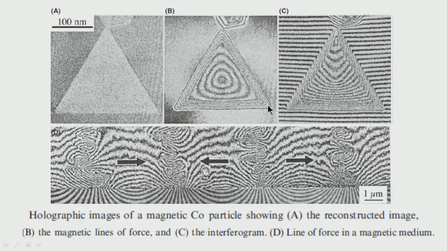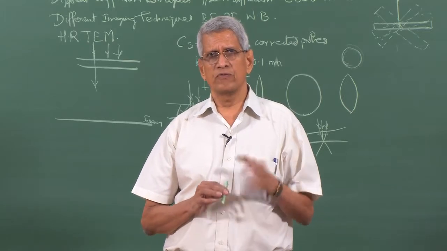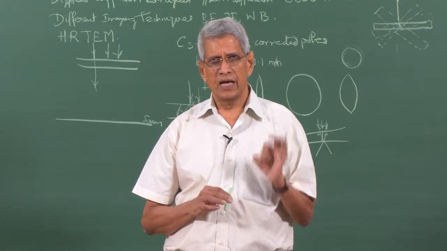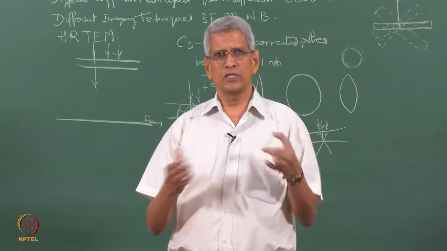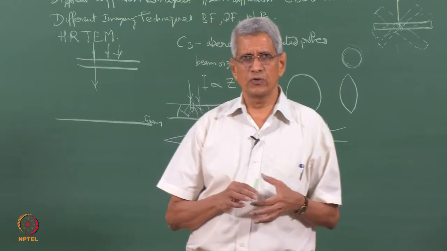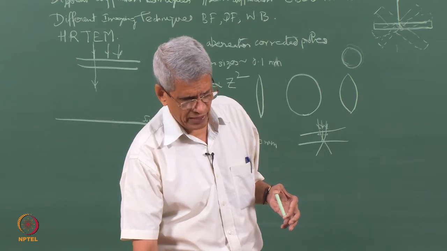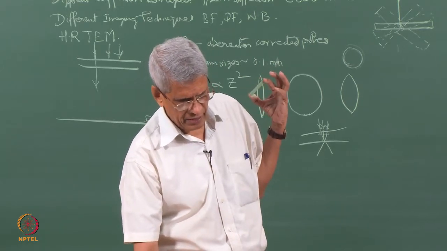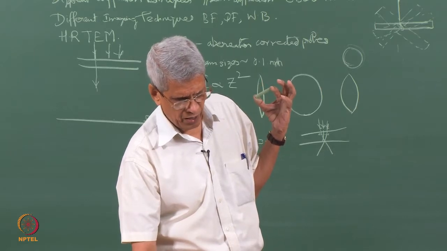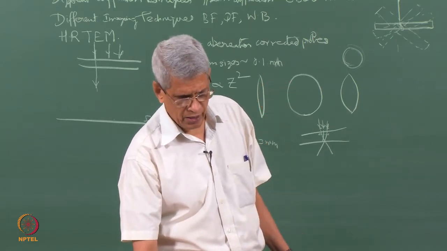Path difference of the electron is changed into a phase change, or the phase change is converted into a path change. In all these cases the beam has to be as monochromatic as possible for all this experimental work. So, to ensure monochromaticity, we have to make the line width as small as possible. The energy spread of the beam can be reduced only if we use a field emission gun, and that too with a filter, the energy spread, as I mentioned in the last class, could be made as small as about 0.2 electron volt.